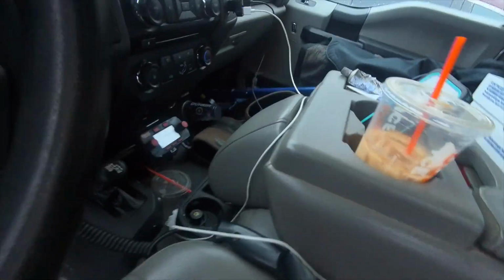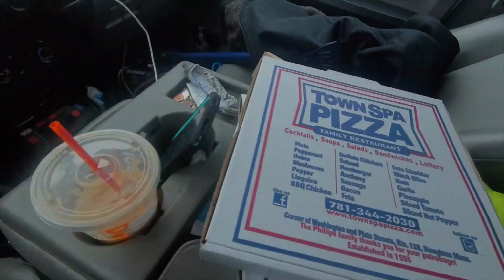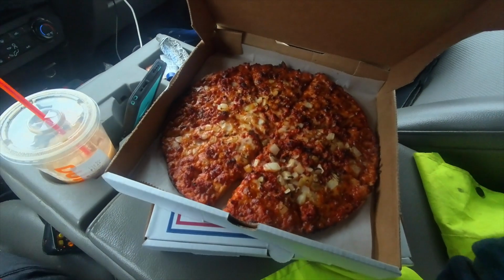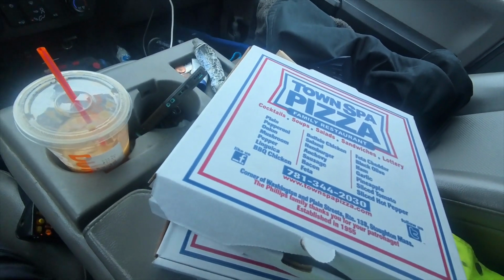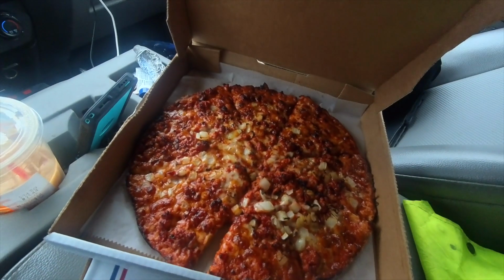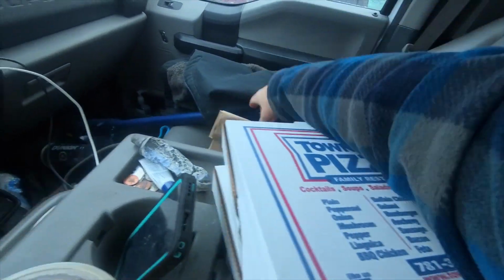If you know, you know. If you're not from the area and you don't know where we are, the South Shore, Massachusetts, Bar Pizza is the big pizza. If you watch Dave Portnoy and his reviews, this was actually the first one he ever did, Town Spa Pizza. So I grew up eating this stuff. I love it. I think it's the best pizza around here for the most part. There's a couple other good places, but it's bar style. I got a linguiça and onion, and the wife got a mushroom onion pepper. If you do know Town Spa and you don't know about the honey mustard,